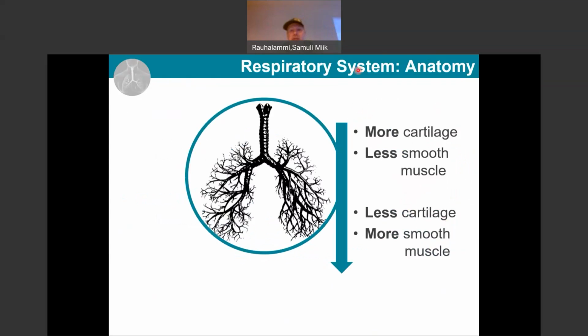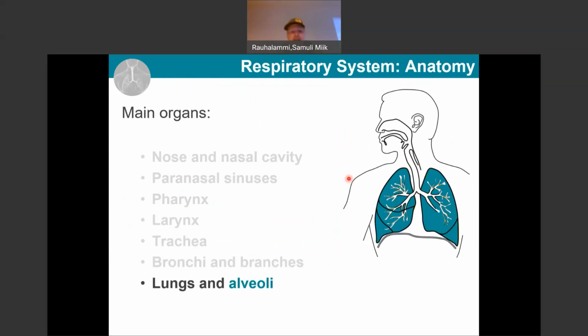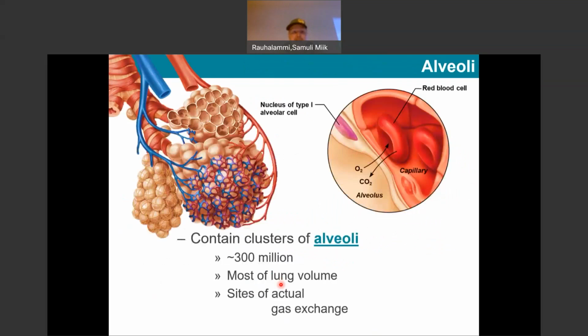I think I already mentioned, in terms of the respiratory system anatomy, the changes in the amount of cartilage and smooth muscle, and I want to spend just a little bit of time talking about the alveoli as well. Alveoli are these microscopic sacs at the very end of the respiratory tree. You notice how there's a rich blood supply there as well. If you look at the cells, alveoli are made from simple squamous epithelia, so a single layer of flattened disc-like cells,